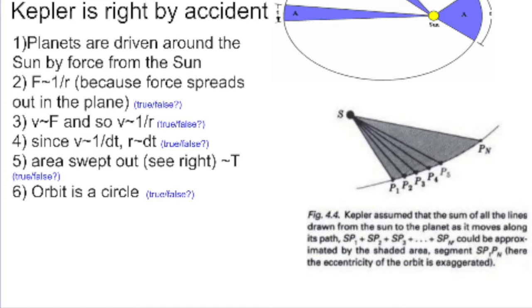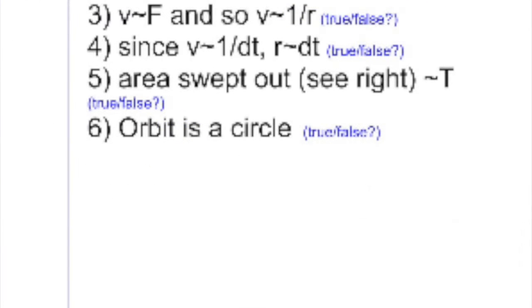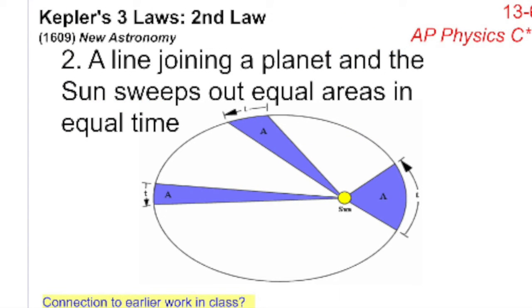And then his last assumption is that the orbit is a circle, which sounds kind of strange because it seems to contradict his first law that the orbits follow ellipses, but he actually discovered his second law before his first law, and so of course we know orbit is a circle is only approximately true. It's not really true. But he put all these things together and he came up with his equal areas and equal times law, which actually turned out to be true.